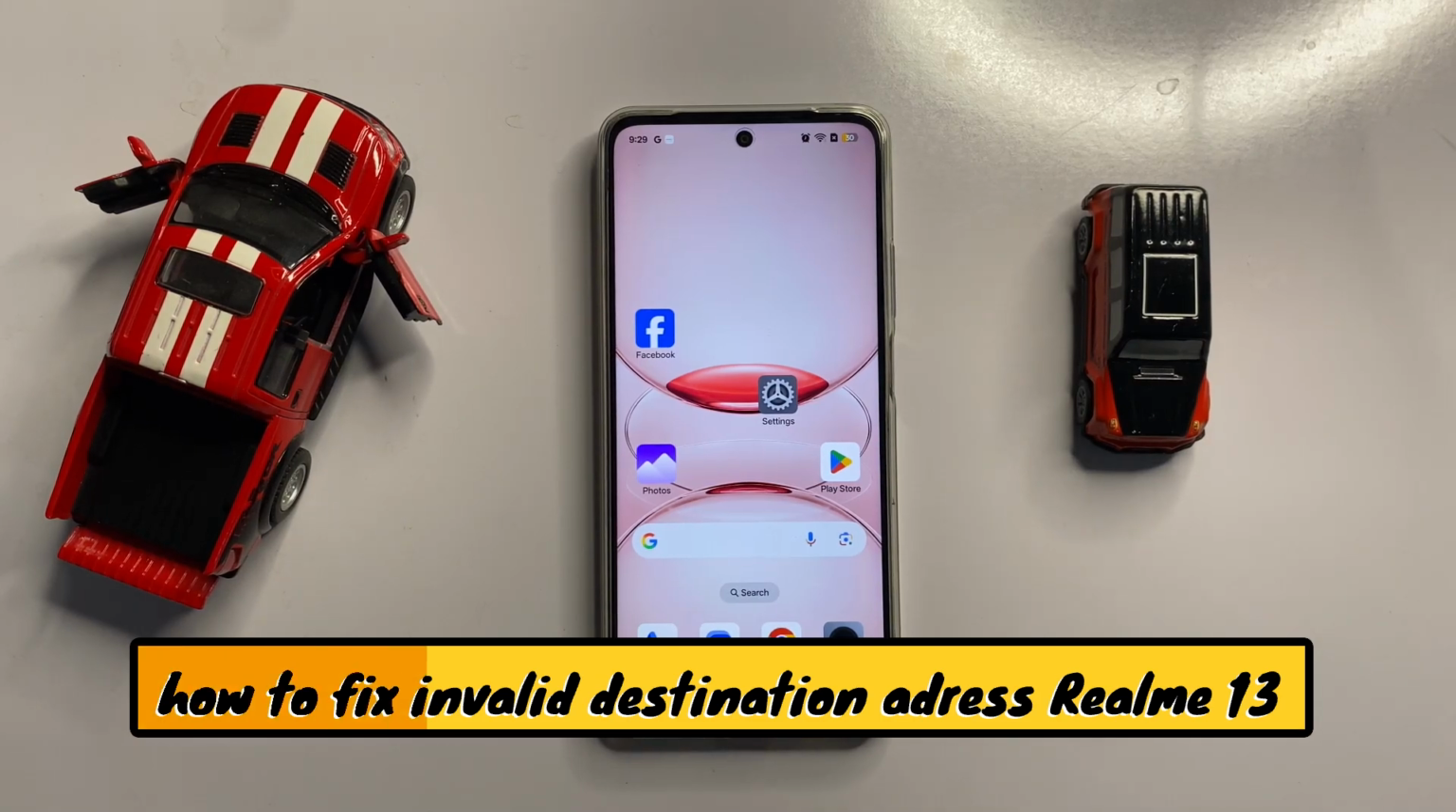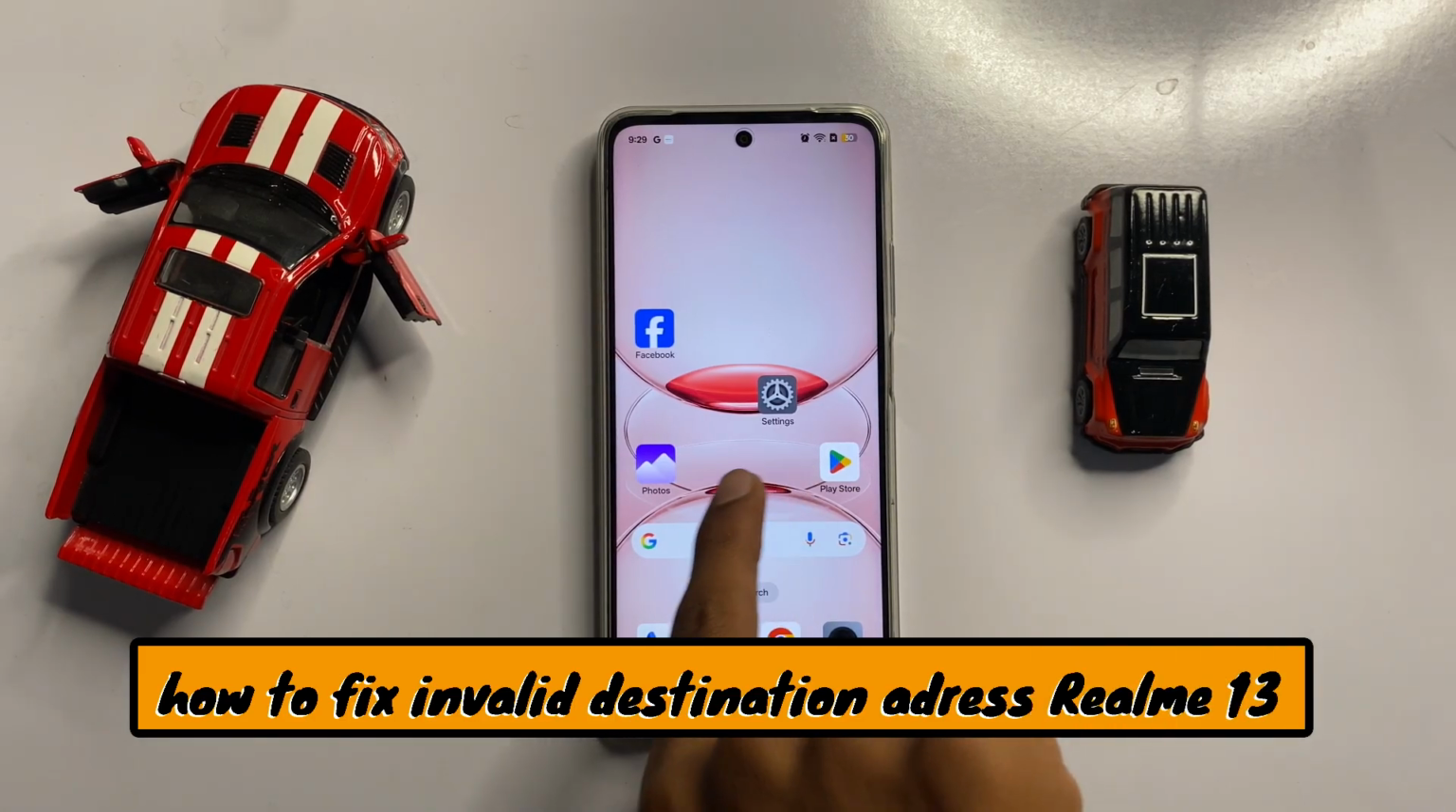How to fix invalid destination address in Realme 13. So let's start the video. First of all,